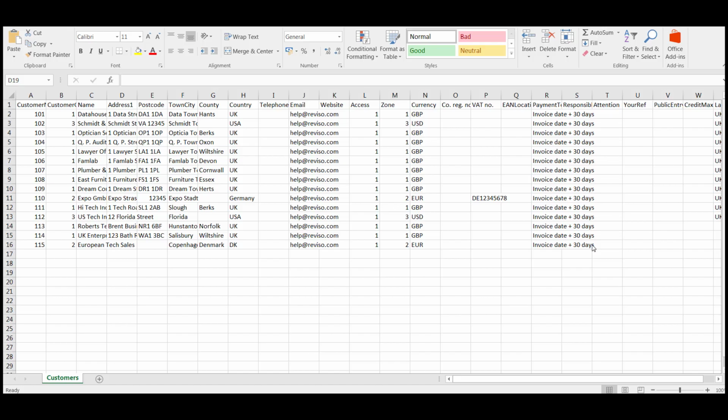To import your customers into your Reviso agreement, they need to be laid out in a specific way on an Excel CSV file. If you've exported your customers from an existing Reviso agreement and you're importing them into a new agreement, then you can export them from the system and they will automatically appear in this layout, as you can